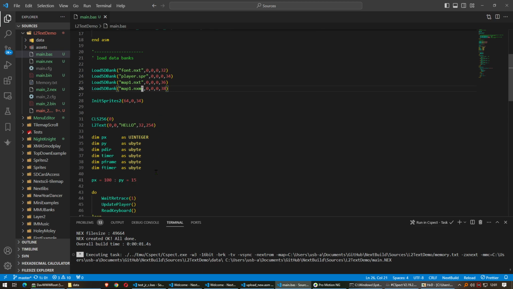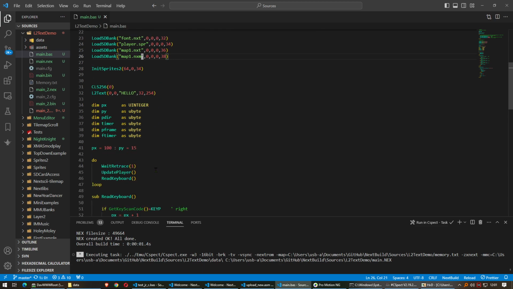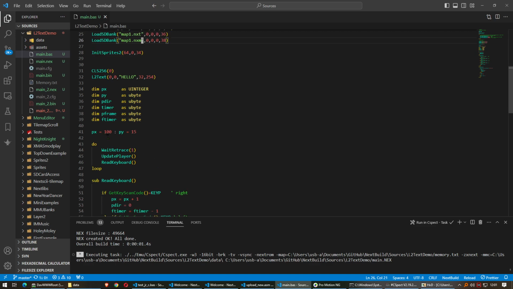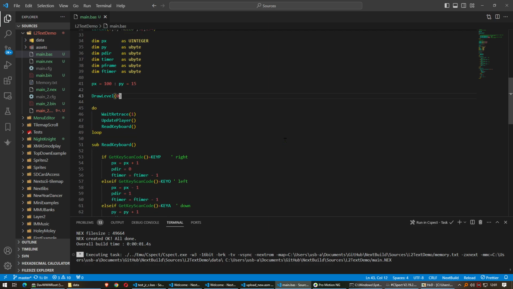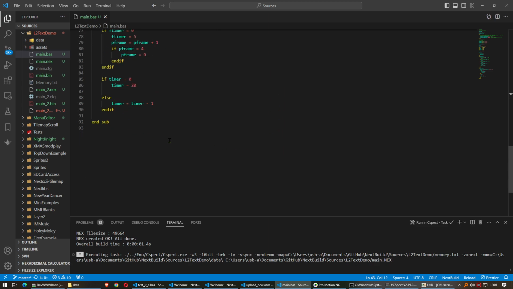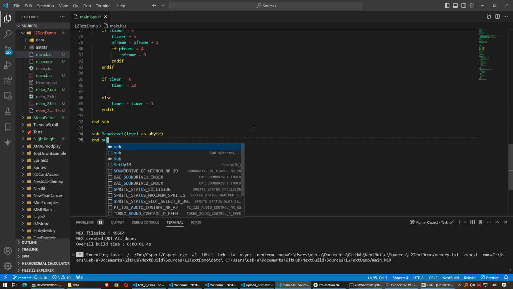We need a function or procedure that will draw that to the screen, and we'll create one called draw level, and we'll have a value that we'll pass to that, which will be the level number that we want to draw, 0 being the first level. Let's create a subroutine. So sub draw level, level as a byte, and sub